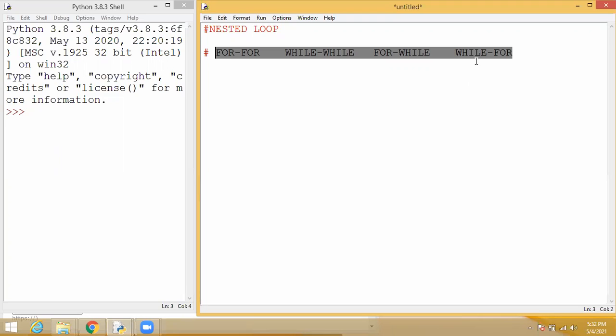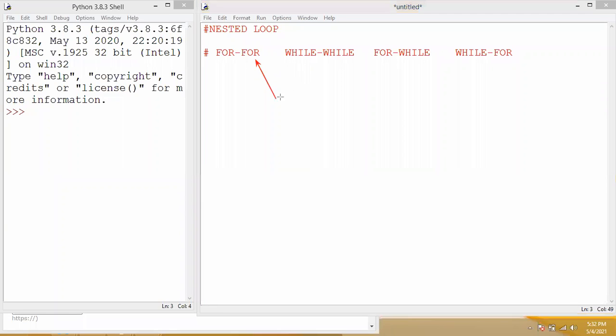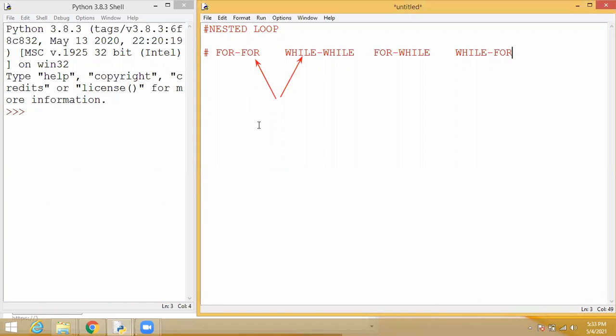So what is the difference between for and while? First, you should know that. What is the difference between for loop and while loop? Only then can you implement the program, because they won't mention in the exam which type we want to use. We have two types, for loop and while loop. In for loop, you know exactly how many times the loop will execute.